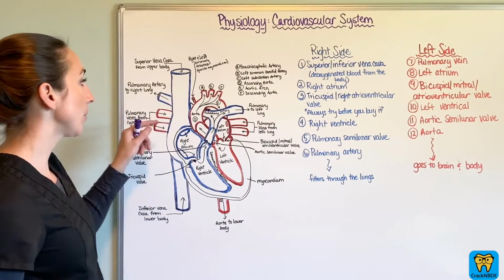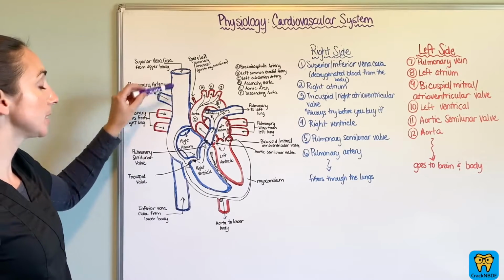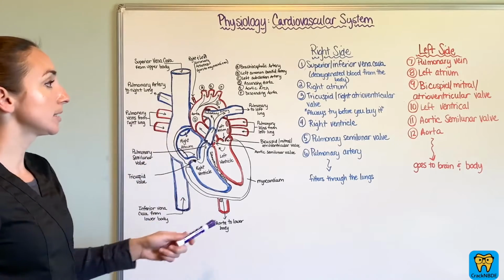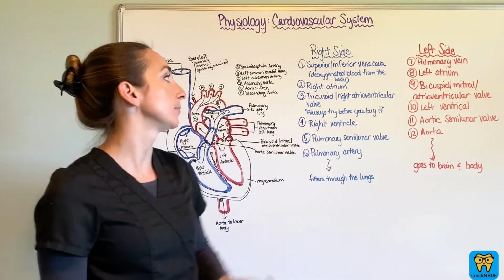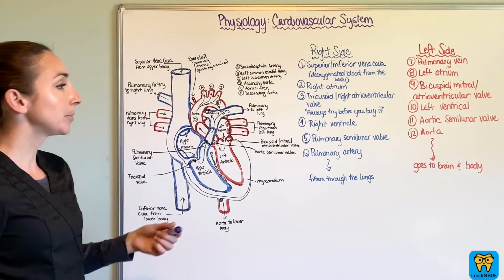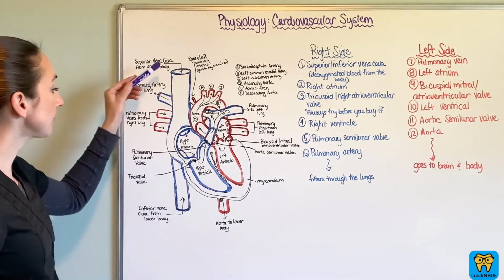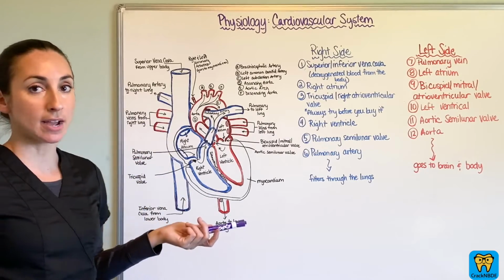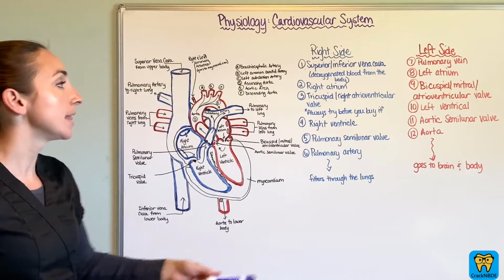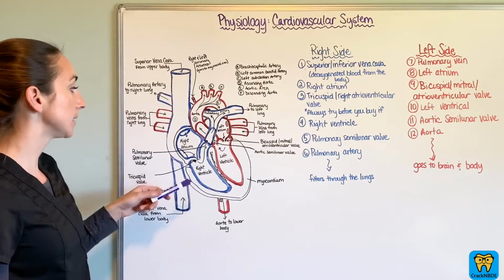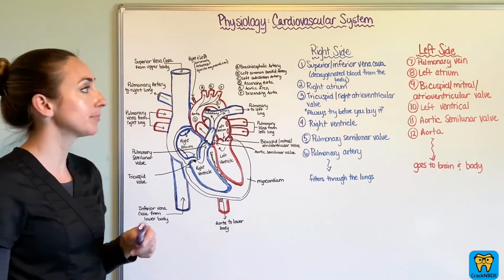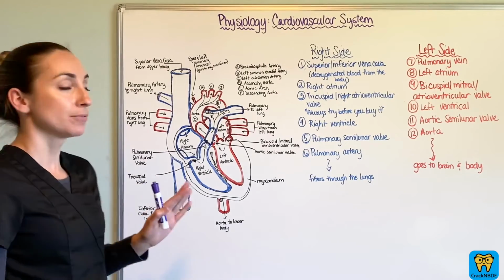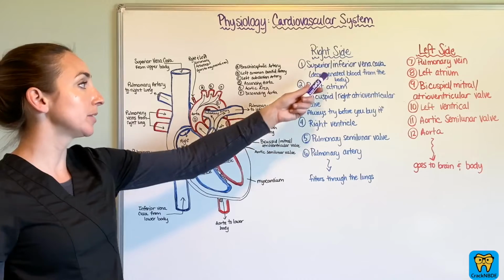So we want to note that our blue is for the deoxygenated blood, whereas the red is going to be your oxygenated blood. So if you remember from taking anatomy, it starts on the right side, okay? So that's going to be the deoxygenated blood, and then your left side will be oxygenated. So we're going to walk through this step by step, and we'll review all the parts involved. So first off, we have our superior or inferior